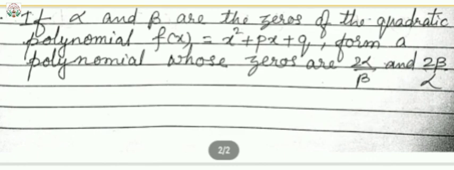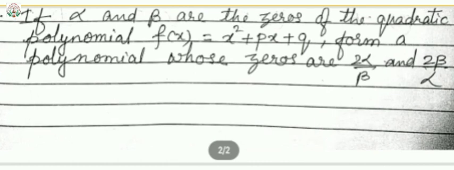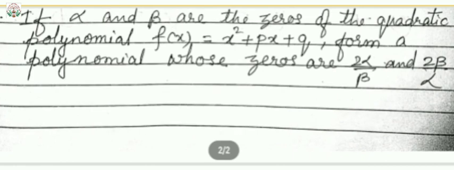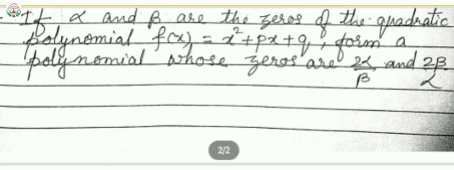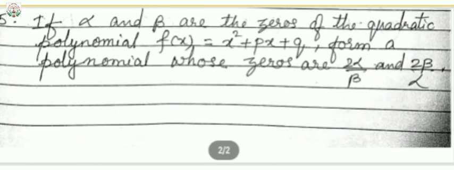And then form the polynomial that you know, that is x square minus the sum of the zeros times x plus the product of the zeros. So put the value of minus b upon a, that is the sum of the zeros, there, so that is x square minus, within brackets, alpha plus beta into x, and then plus alpha into beta. Now put the values of those two and check the values, and form the new polynomial out of these values.